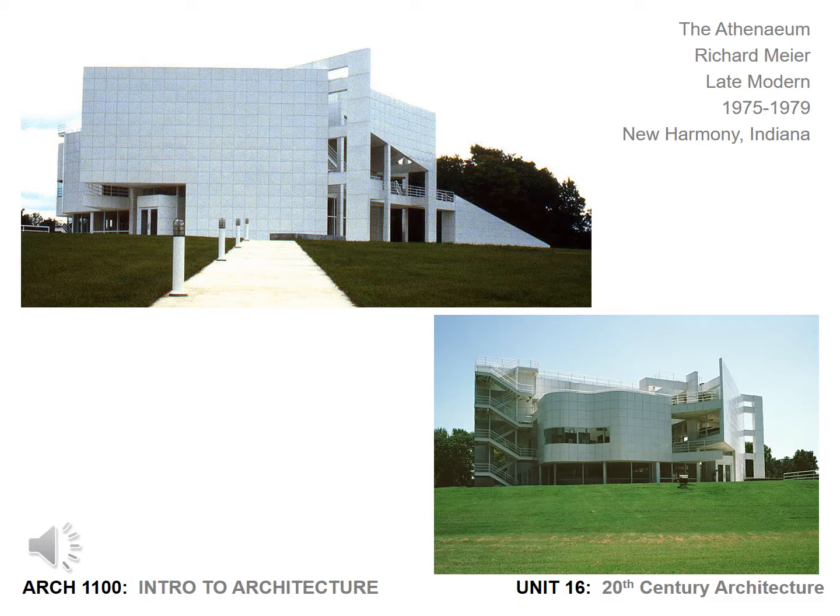Meier also claims to be influenced by the spatial layering and light quality in Baroque interiors, and because of this, his work is always white. He uses white metal panels as a way to reflect light into the interior of the building. The natural light is introduced in his work and reflected off of the shiny white exterior, which creates a dynamic